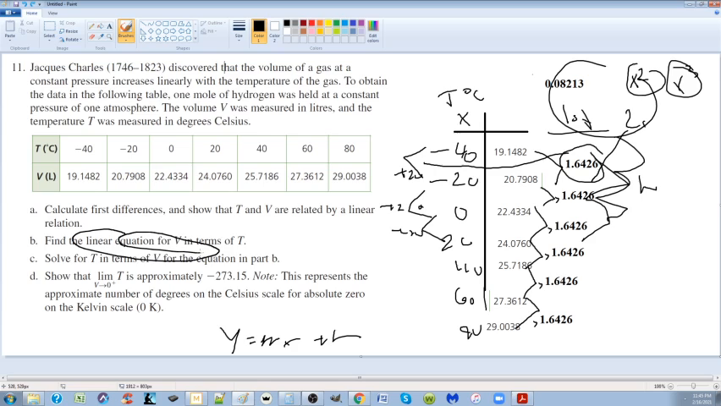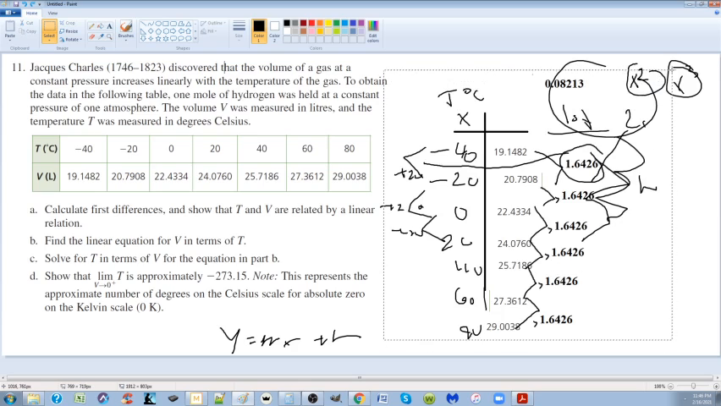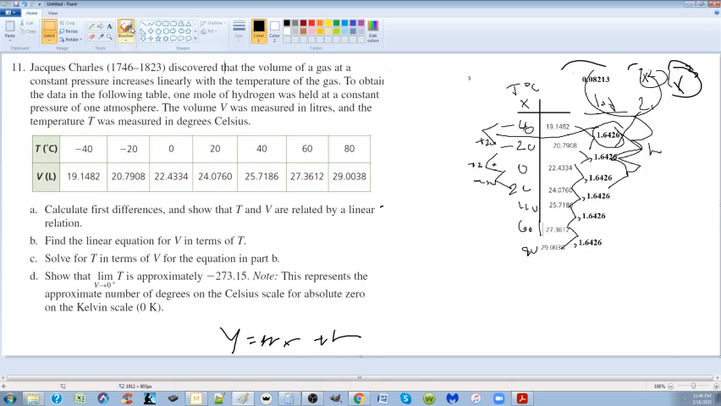Find the linear equation of v in terms of t. That's a great one. Let's see if I can shrink this. I don't want to get rid of it in case I'm supposed to come up with the data again. I'm going to just try shrinking it. Maybe it'll work, maybe it won't. Not really. Anyway, we know that volume based on temperature, which we're just going to call T, is